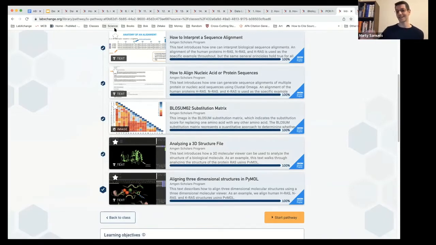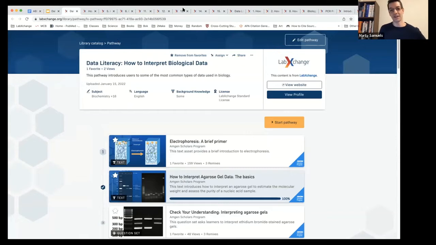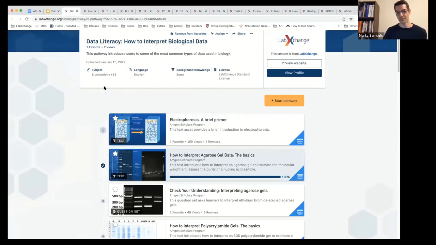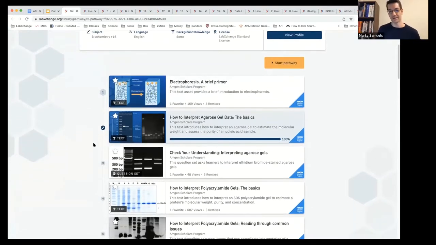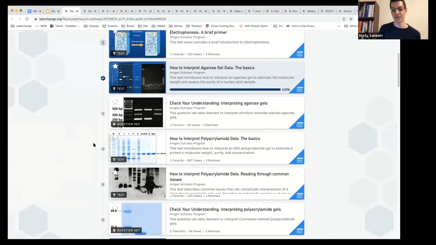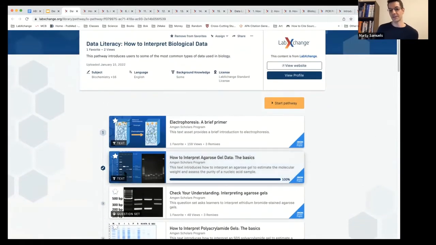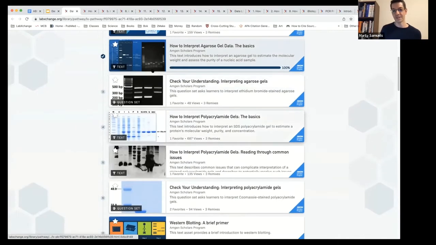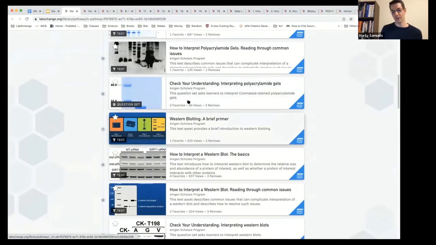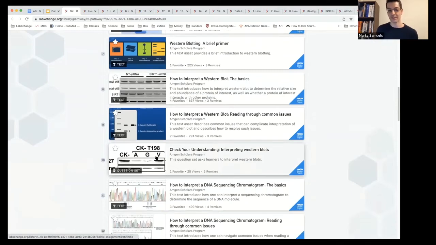So this is about authentic biological databases, but really I would say that we have an approach to data literacy, and here are two pathways I'd like to share. These are pathways we just plopped together to put all of the content into one spot that we can share. But also for the Amgen Scholar Project program last summer, we developed a bunch of content about how to interpret biological data. So for example, gel electrophoresis data for DNA molecules or proteins, or Western blots, a slightly more advanced protein tool,